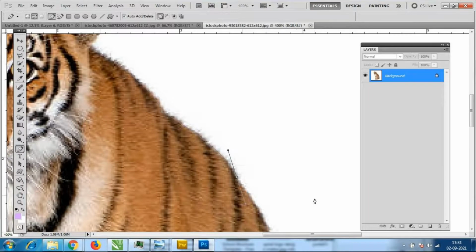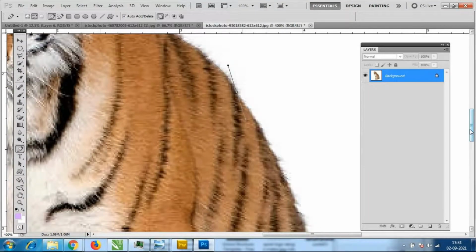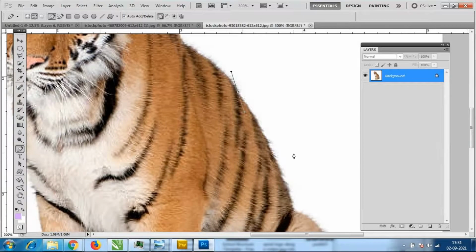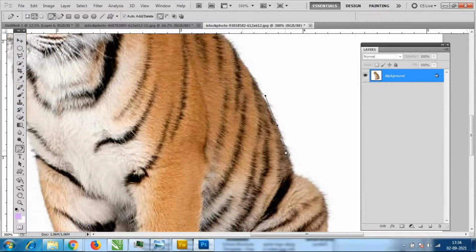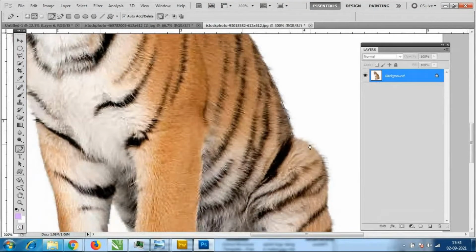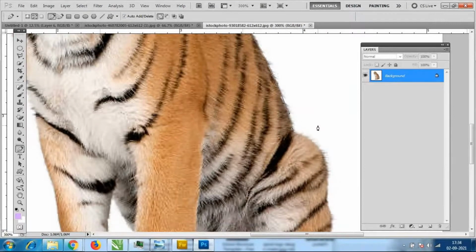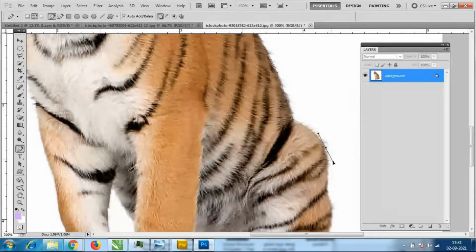If the work is very important, like any celebrity's photo, then you have to give more importance to each and everything, the edges, everything should be more important. See, I'm just selecting like this. One second. Okay, so I will select these points, wherever you want.